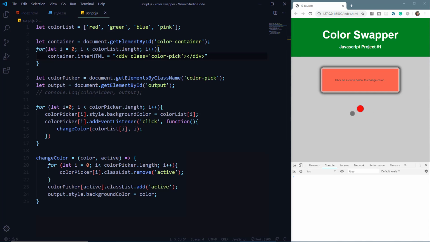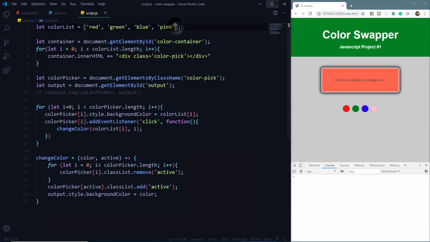Now why is this happening? Because I have not used string concatenation. Although we are running the loop 4 times, because we have 4 colors here, every time the loop runs, the inner HTML value of the container element gets replaced. So for that we will use a plus sign here, so the value is not removed, basically it is appended. So now you can see we have got 4 colors here.